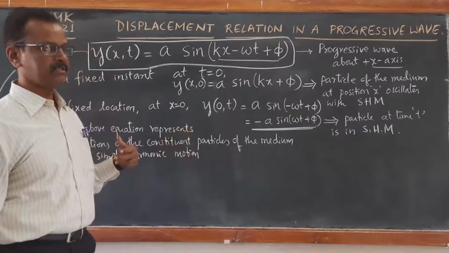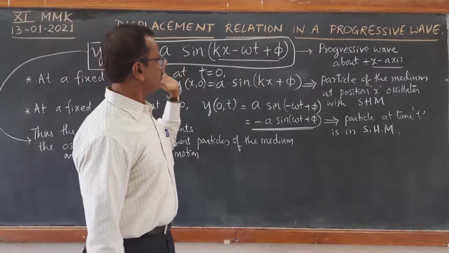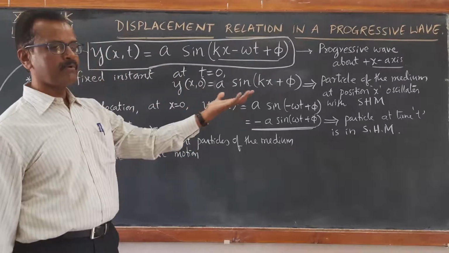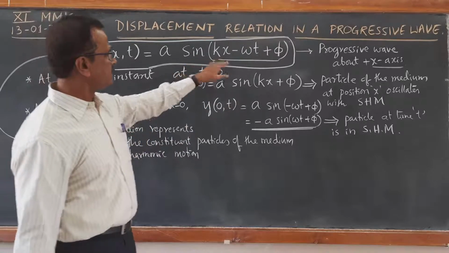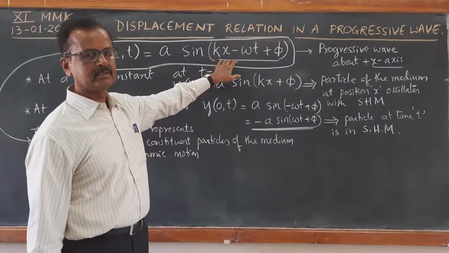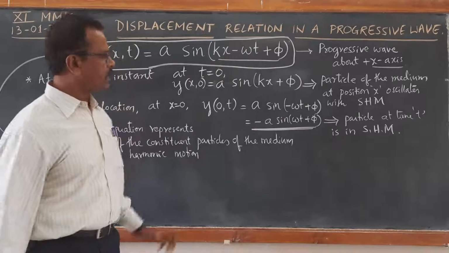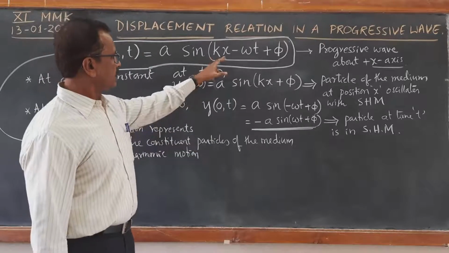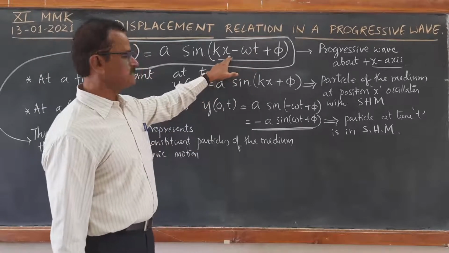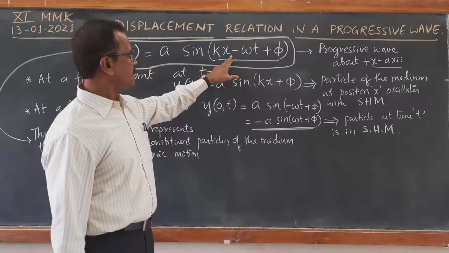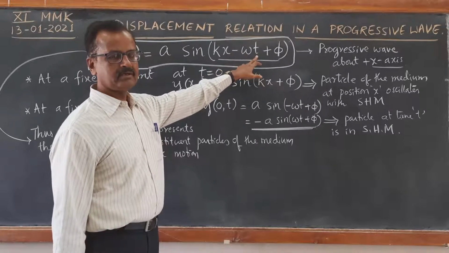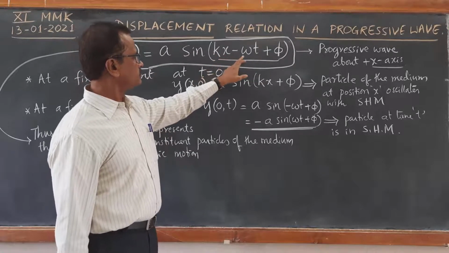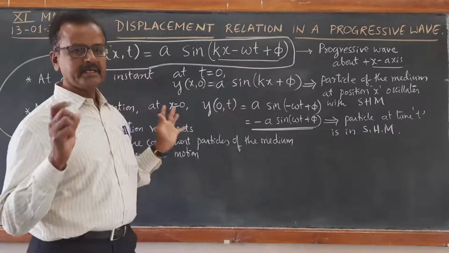Then how do we represent it? How do we say that this is traveling along the positive x-axis, and how do we represent another wave which is traveling along the negative x-axis? That is again determined by a function of this argument. Now, if you look at this kx minus omega t, as t increases, there is a change in x also. So, as a result, the entire kx minus omega t remains constant.